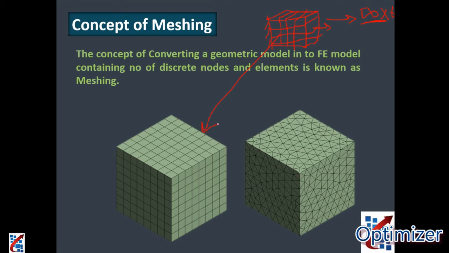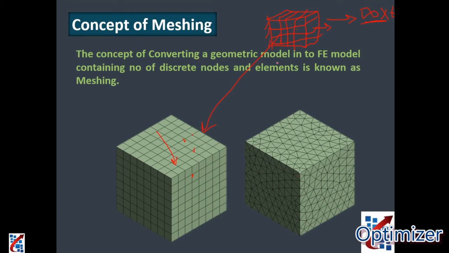So why is meshing required? Ideally, the infinite problem is converted into a finite problem, because now the number of points is some finite value. Here the number of points is infinite, and now you are going to get a finite number of points. In FEA or CAE, the solution is calculated on these intersection points only. So the number of points, earlier infinite, is now converted into finite. That's why meshing is required.